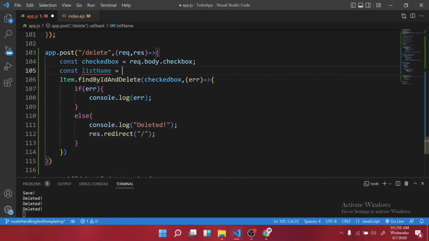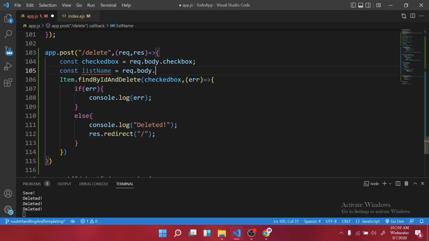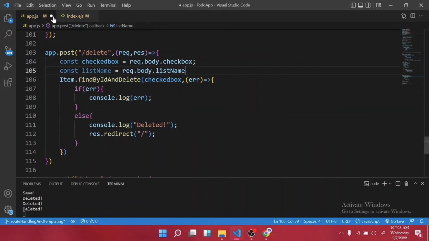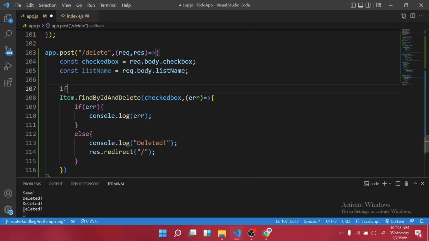So listName = request.body.listName. Copy, paste it here. Yeah, it's the same thing. So you can just come here and copy the name to avoid any typo, paste it here. And after that, you have to again check if